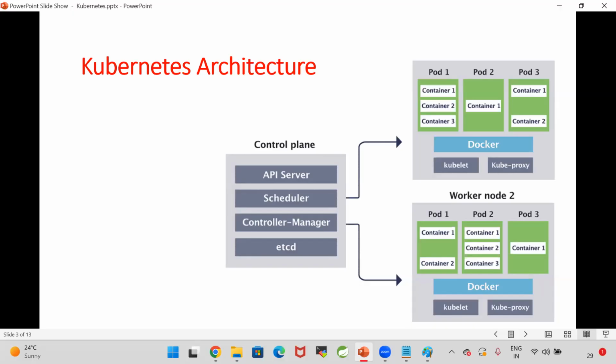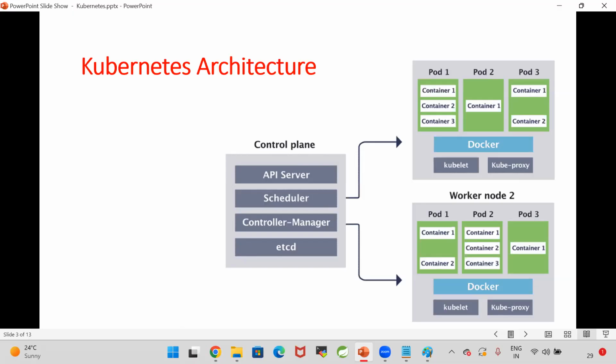What is a kubelet? Kubelet is called the node agent. For every worker node, one kubelet will be available. The scheduler will talk to the first worker node kubelet: Hey kubelet, do you have any containers? How much space is free for you? Can I create a container in the worker node? Like that, the scheduler will talk to kubelet and identify the node information. Which node is free, then the scheduler is going to schedule our container creation on that particular node.